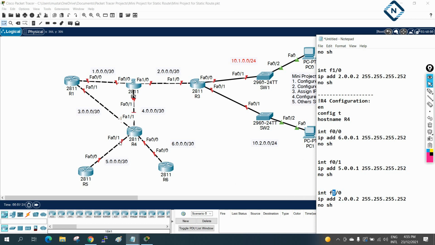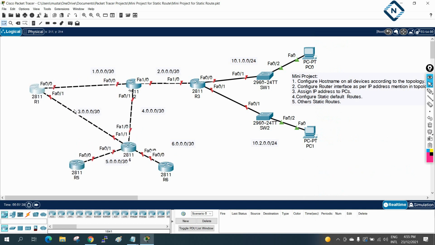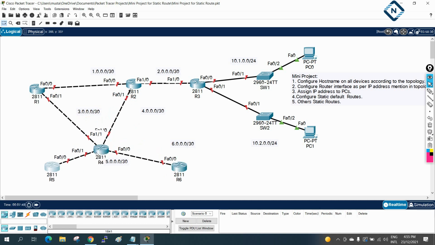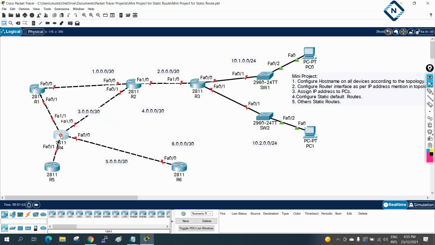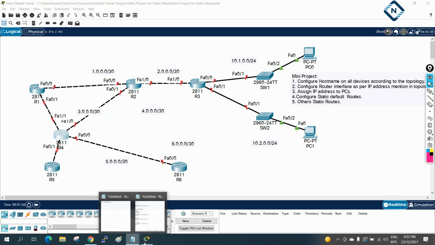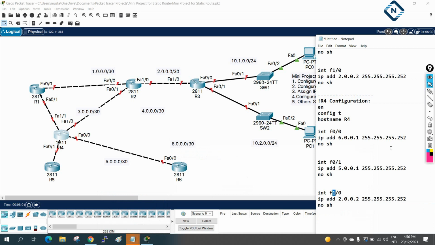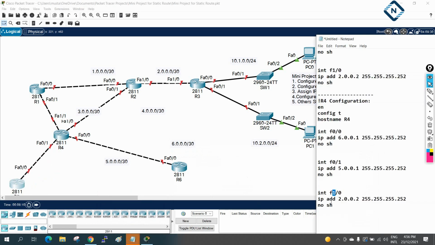Okay, let me show you. Here we have two interface. Okay, let me move so we can see. We cannot see properly. Yeah, I think now we can see this way. Let me move here. Yeah, this way we can see. So R4 we are doing. So if you see here in the R4, let me remove this another notepad. R4 we are doing. So in the R4 we finish this F0/0, and we finish F0/1. So we finish this two.